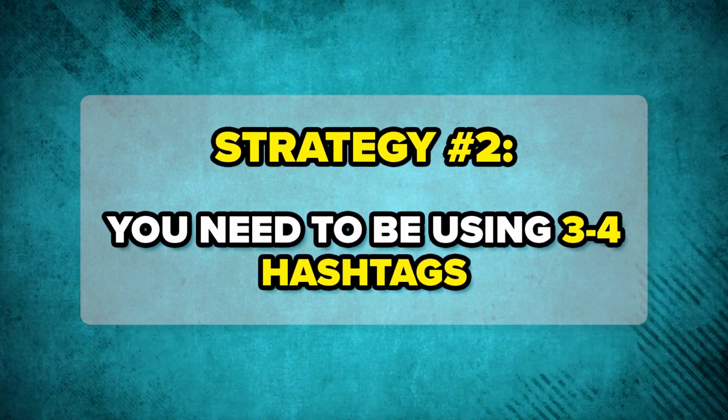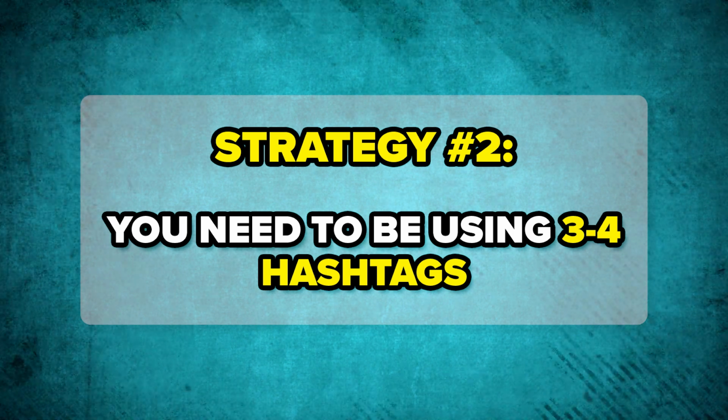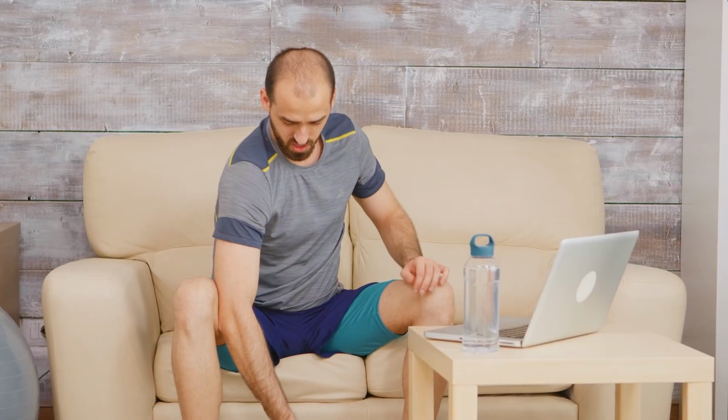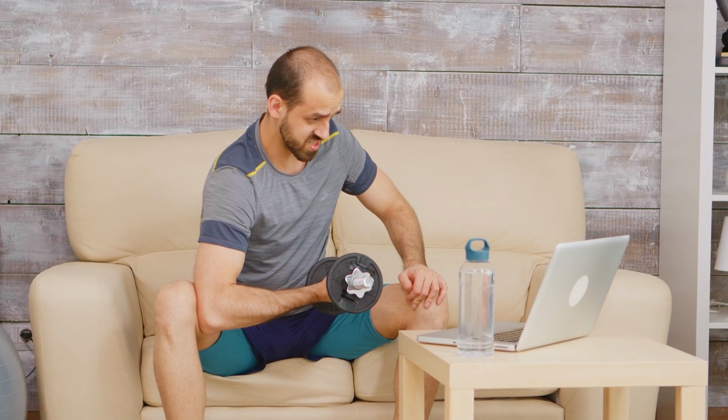The second hashtag strategy you need to be using is going to be 3 to 4 hashtags. Now, if you use this strategy, every single one of them needs to be post specific. They need to be the largest hashtags that are relevant to what you're posting about, and you need to make sure that they are hyper specific to whatever you're posting about. Meaning, if you're posting about a bicep workout, don't use hashtag fitness. That would actually be a broad hashtag in that context. You want to use hashtags more related to biceps.